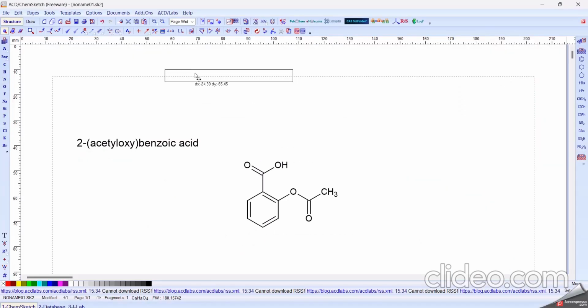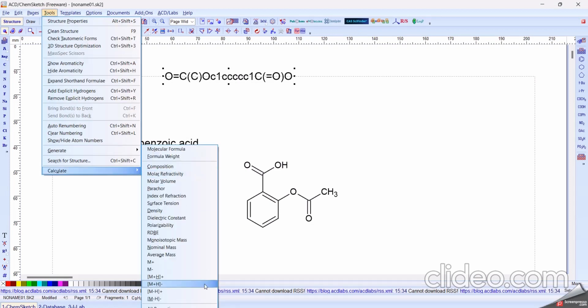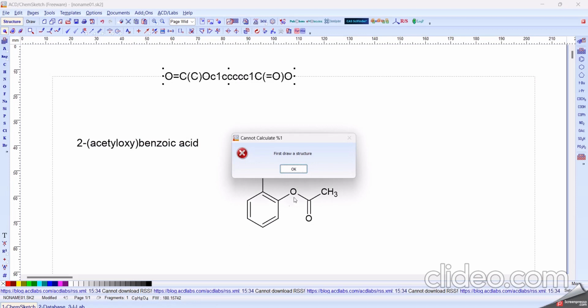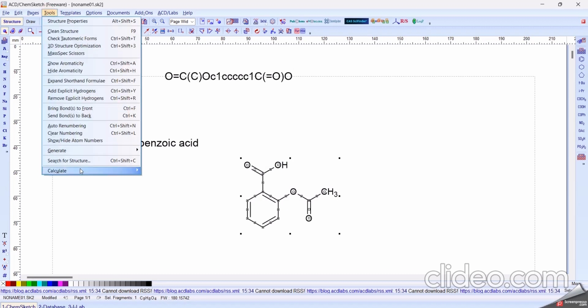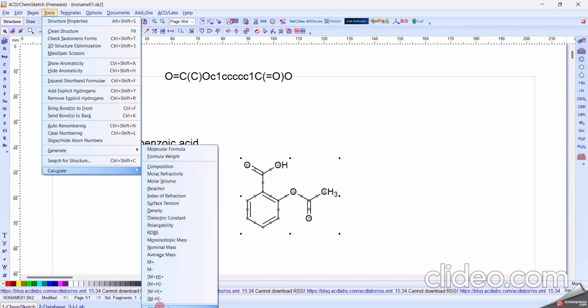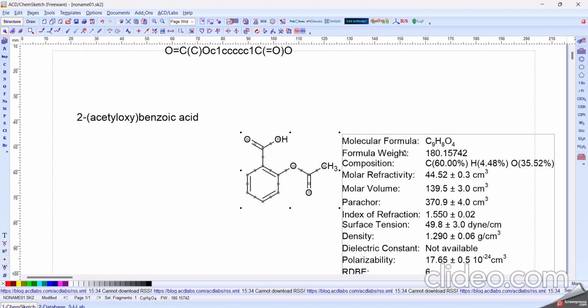And also next one is tools, and calculate all the properties like this. First select the structure and tools, all properties, copy to editor. This is the molecular formula, molecular weight, composition, molar refractivity, molar volume, and several properties are generated of the selected